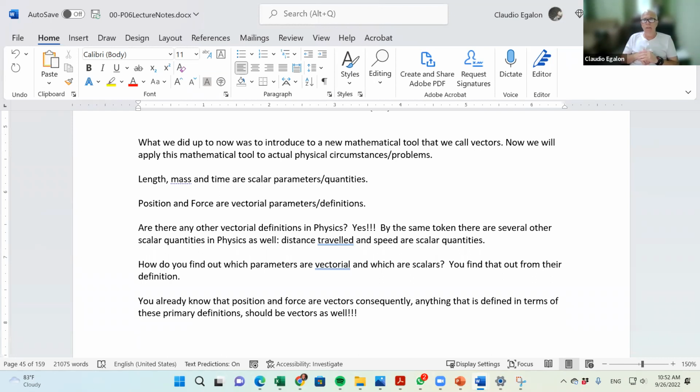All you have to do is to memorize the quantities. The basic quantities are scalar. The primary definitions are vectors. If I come up and define something else in terms of the basic definitions, it means that this new something else is going to be a vector. On the other hand, if I define a new quantity in terms of the basic quantities, you can be rest assured that this new quantity is going to be a scalar. Okay, just like delta t, right? Delta t is defined in terms of t final and t initial, so it must be a scalar.